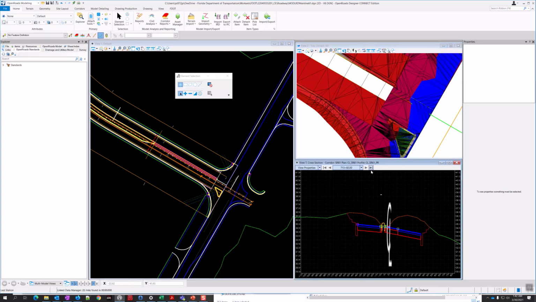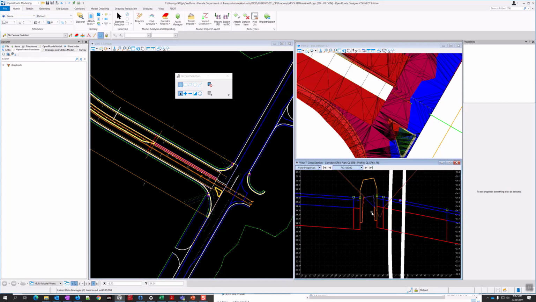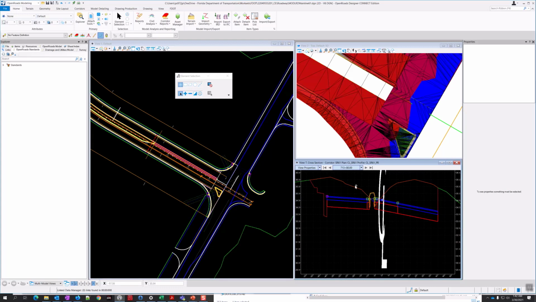And you can also see them in the cross section view. So here's my cut volume. See if I can find a cross section where there's a little bit of fill. Oh, there's a little bit of fill right here. Well, no, this piece right there, that little triangle got a little wedge of fill. So it's there. It's red and blue. Those are your two colors that you need to be looking for.